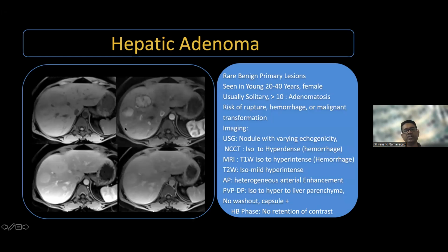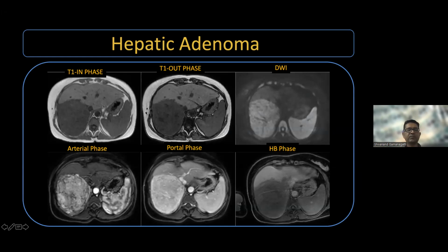So how will you differentiate whether it is adenoma or something else? Again, it will enhance, but it will not show any washout. Just remember that washout is an important feature of malignancy. Any lesion which does not show washout, you are more or less dealing with a benign entity. Just remember that. Okay. So in this lesion, the typical